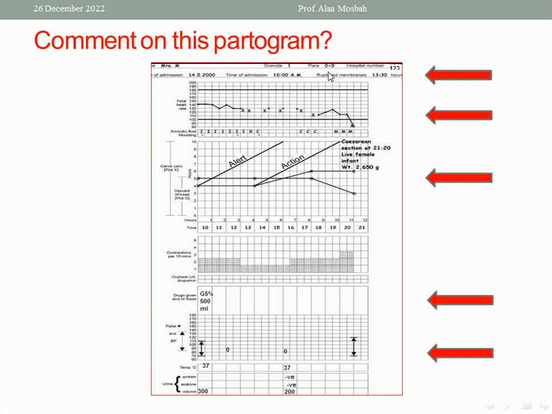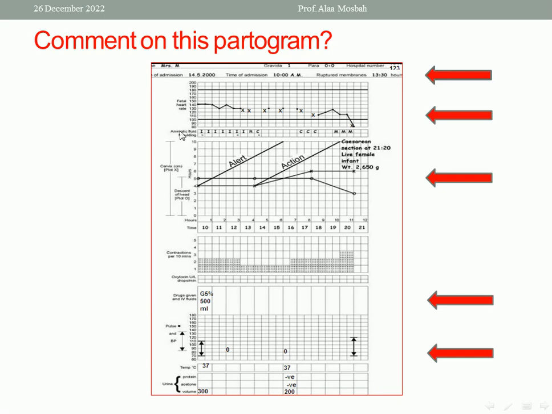Why do we comment on rupture of membrane in this part? Because it is very important, and to know how many hours have passed since it ruptured. Okay, then this partition is the fetal well-being, including fetal heart rate